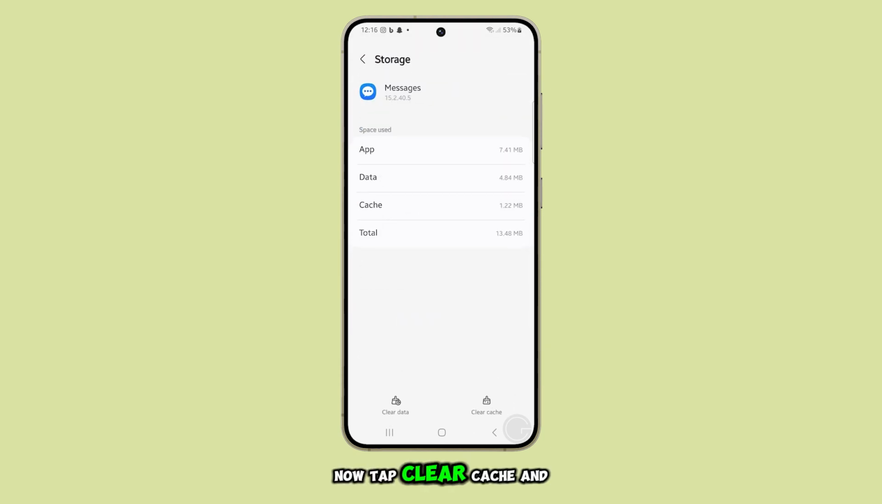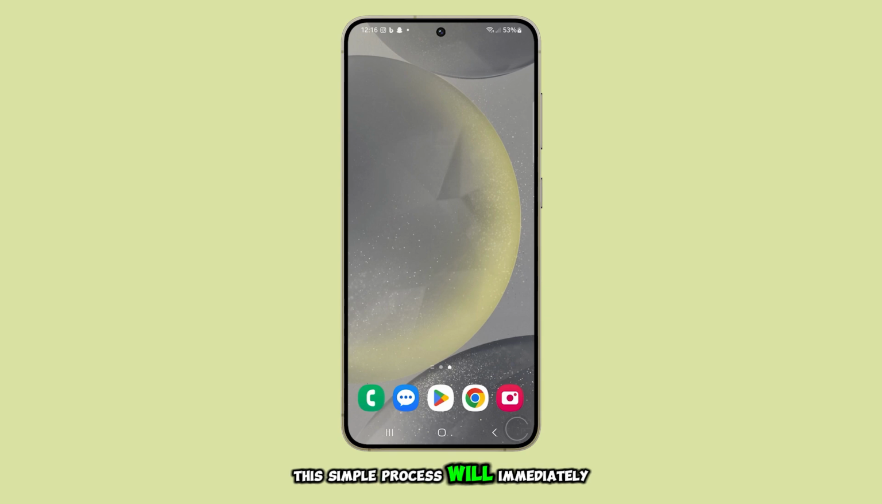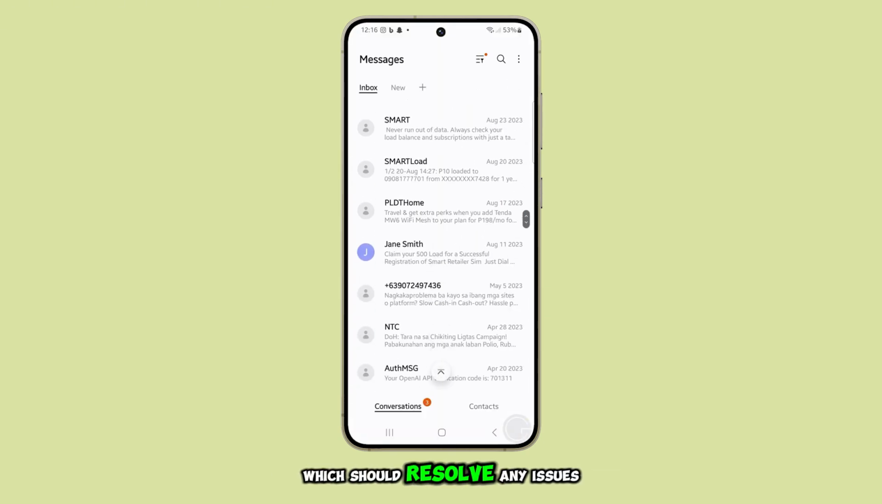Now, tap Clear Cache and then tap Clear Data. Confirm the action by tapping Delete. This simple process will immediately reset the Messages app to its default settings, which should resolve any issues you were